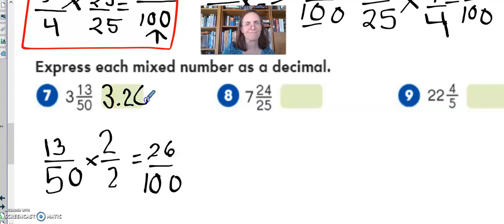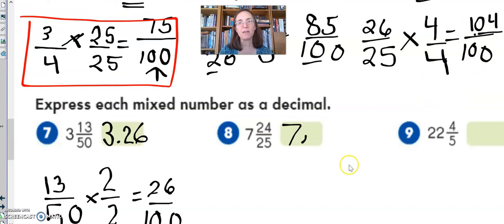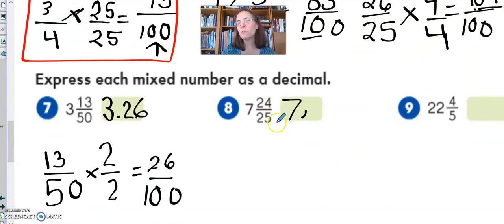No regrouping? That's the best kind of mental addition for me. Ooh, 24 25ths is not an improper fraction. So my whole number, 7, is right there. I'll just take care of that right now. Now, 25, as I learned up here, times 4 is 100. 24 is only one group of 4 away from it, which means it's 100 minus 4, which is 96 hundredths